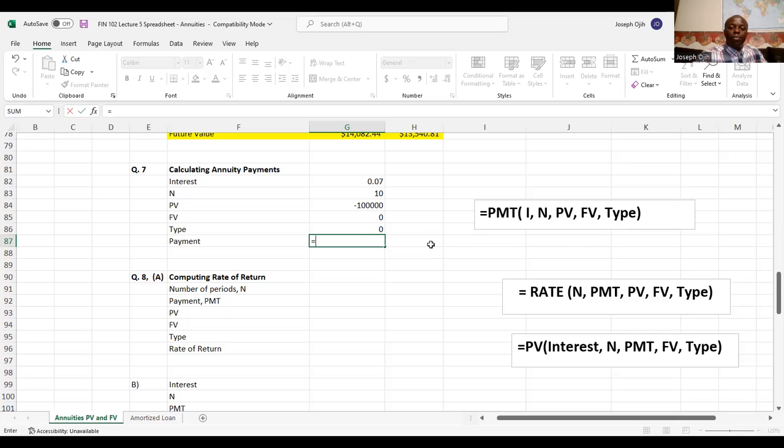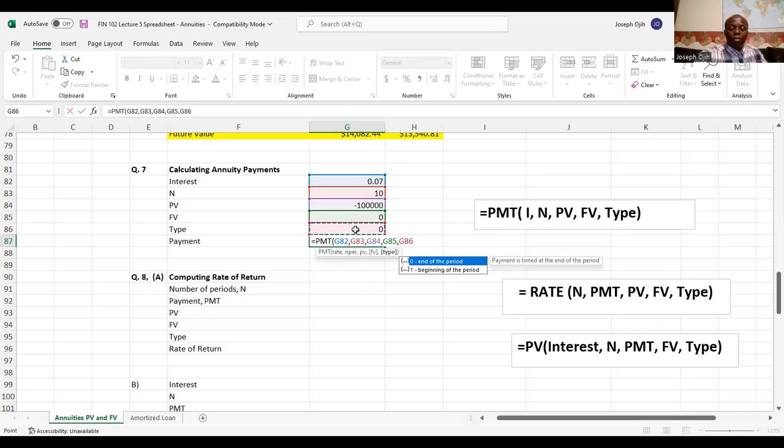INPV, future value, and type. PMT. Okay. Opening parenthesis, you can see rate here, 7%, comma. Number of periods is 10 years, comma. Present value is PV, the amount you invested, comma. No future value, which is 0, comma. Type is also 0, since you make the payment or withdraw at the end of the year. Press the